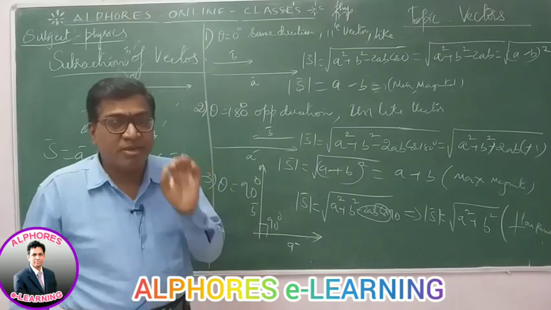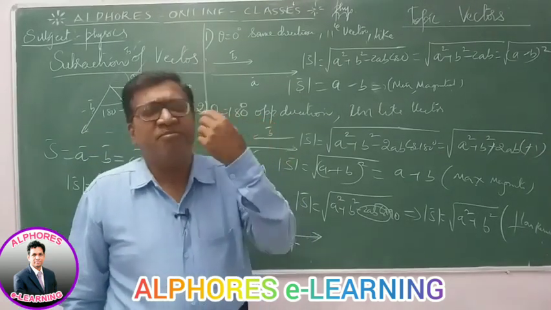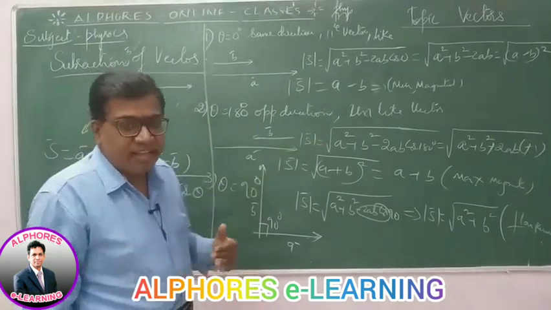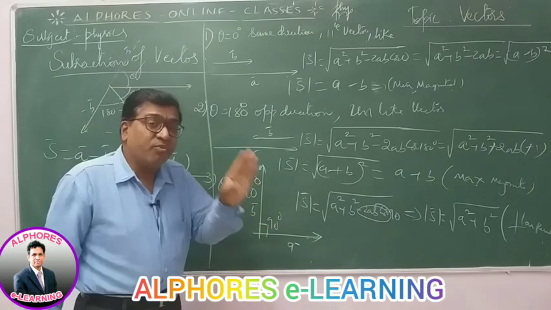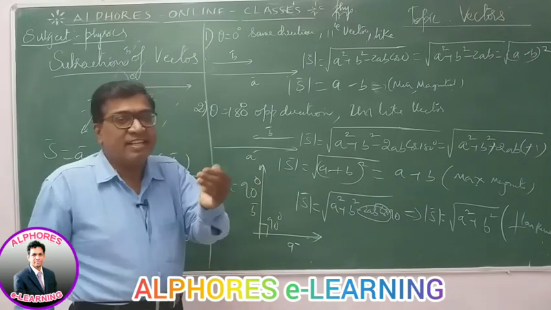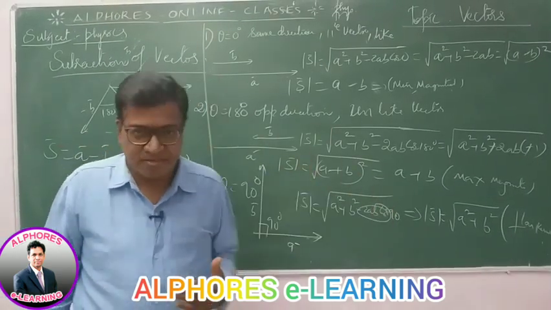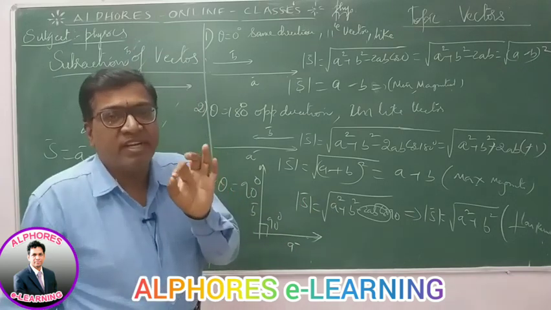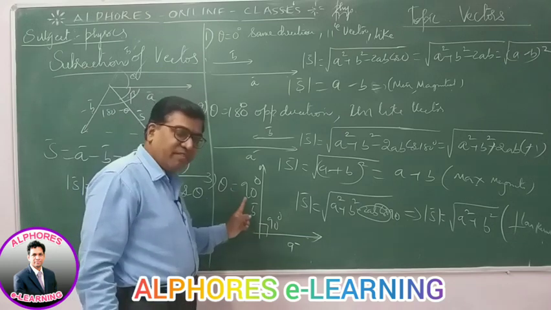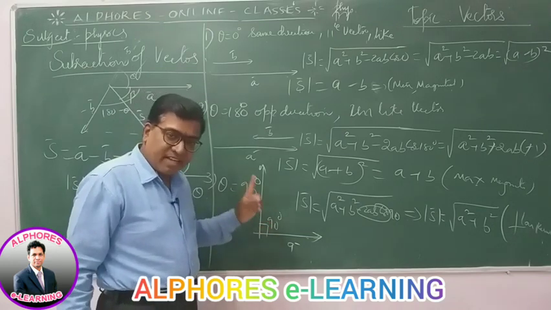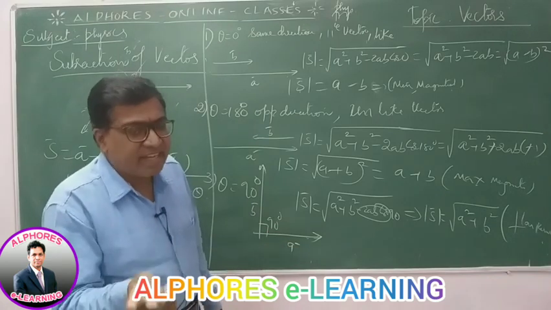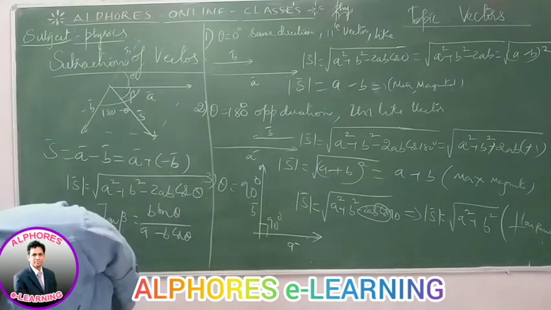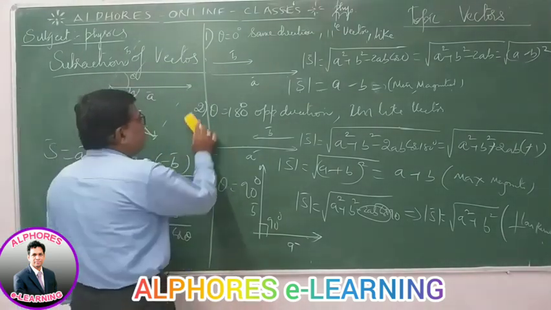It's a very important point. A question based on this has been asked in many of the entrance examinations in India. It has appeared many times and may come again later. The question is: for what angle will the addition resultant and the subtraction resultant have the same magnitude? If subtraction and addition resultant have the same magnitude, then what is the angle between the vectors? It is possible only when theta is 90, perpendicular. When vectors are perpendicular, theta 90, the addition resultant and subtraction resultant are both equal. Very important question, and it will be asked in this manner.